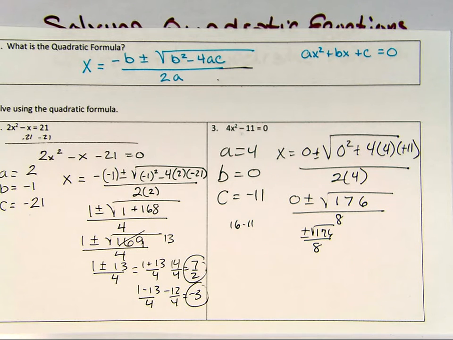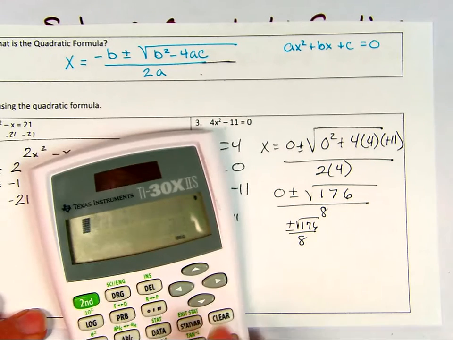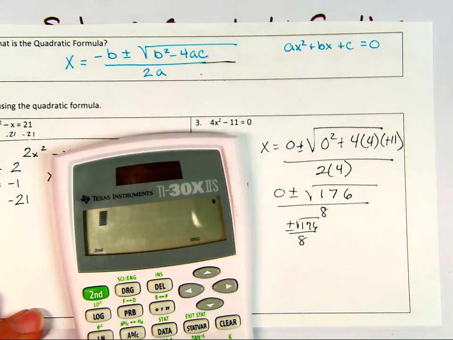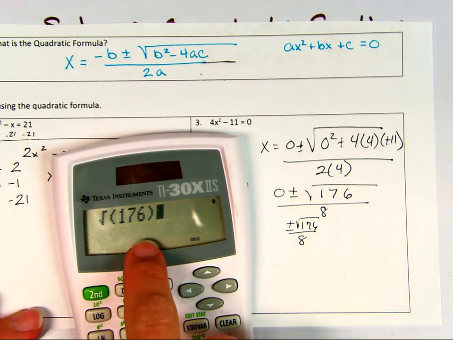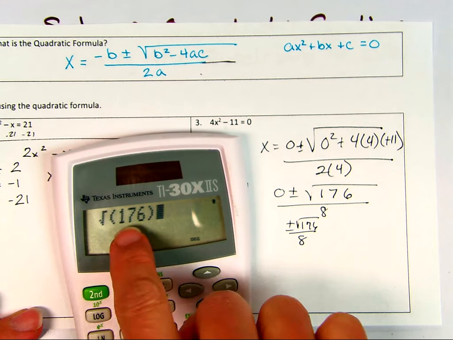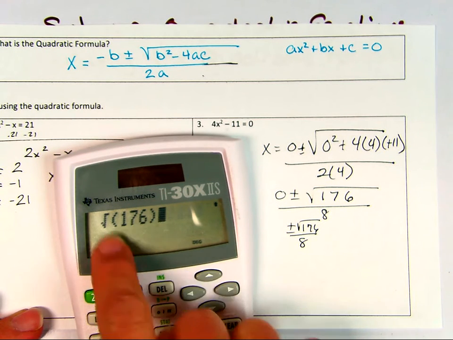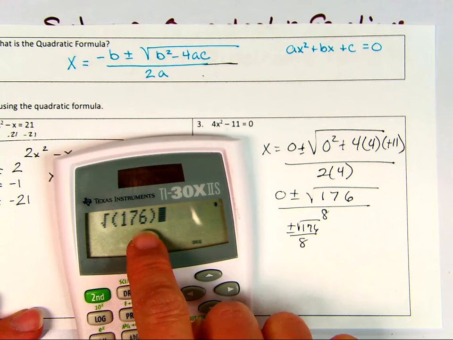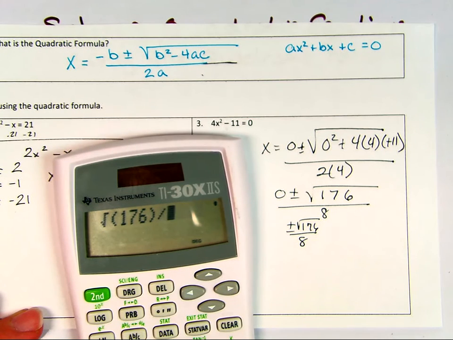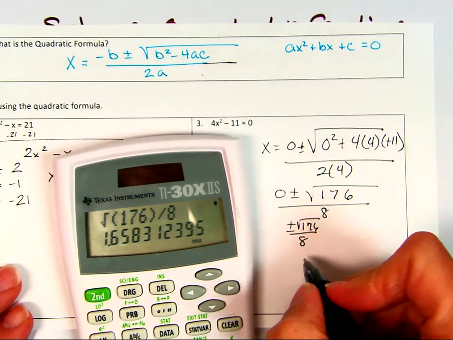And that is going to require a calculator. So let me get my calculator, which I should have prepared for but wasn't. Okay, here's my calculator. So I'm going to take the square root of 176. I'm going to end my parenthesis there. If you forget to end your parenthesis on this type of calculator, then it divides it by 8 before it takes the square root. So be careful with that. We want to make sure that we are dividing the square root of 176 by 8. Divided by 8, and I get